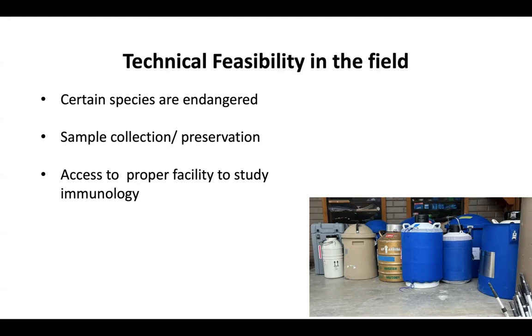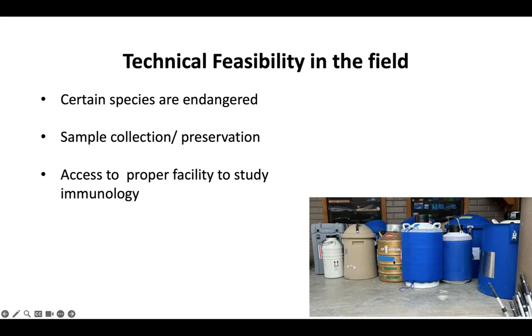The best way to preserve them is liquid nitrogen. And we know that liquid nitrogen is hard to access in the field. The picture showing here was from my Belize trip. These are the liquid nitrogen tanks, super bulky tanks that people have to bring in to be able to keep that sample cold. And then you have to figure out how to ship this back to whatever facility that